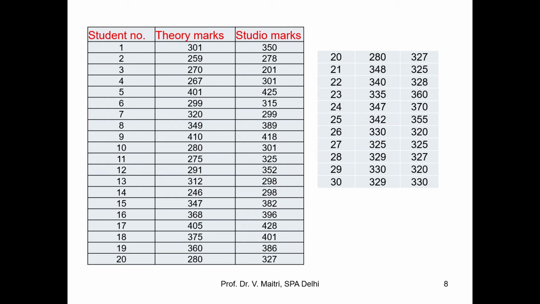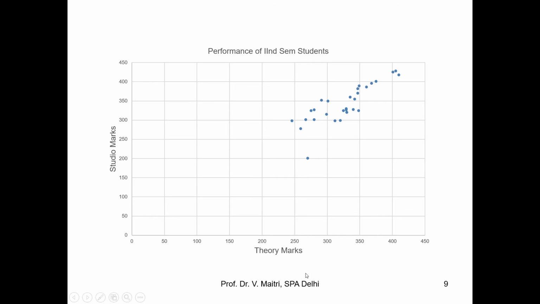And you know that passing marks are 40%. So T201 is the minimum; one student has got it, that is student roll number 3. Otherwise most of the students are in a comfortable zone. Now we plot a scatter plot of these marks, presented in the form of dots. On the x-axis we have taken theory marks. This is a bivariate presentation, my dear, don't forget. And these are the studio marks, theory marks and studio marks.